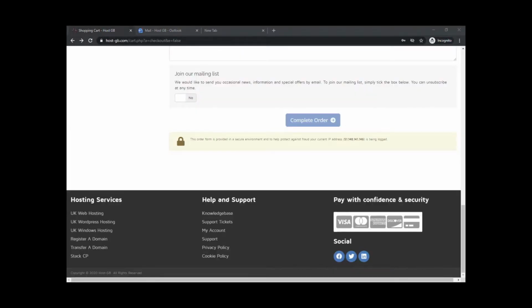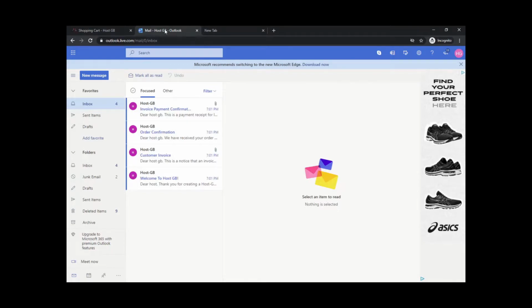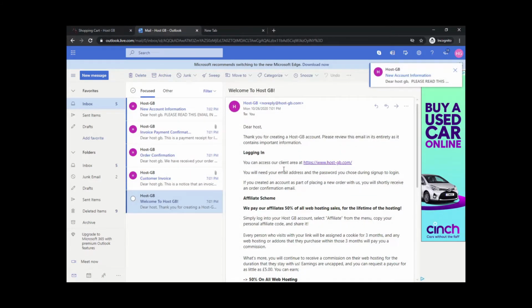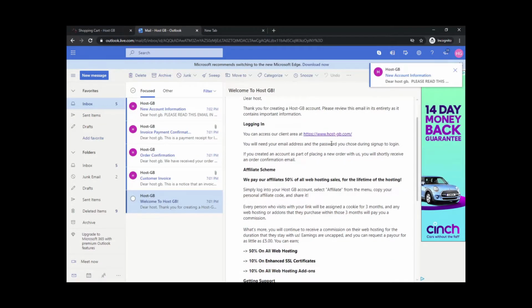Once we've hit the complete order button, it can take a few minutes for the web page to update, as it's currently creating the new web hosting package. In the meantime, if you head over to the email that you've input, you'll find that you have a set of emails from HostGB, the first of which will be your welcome email that gives you information on where you can log in,